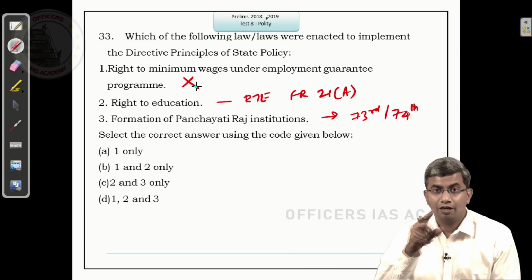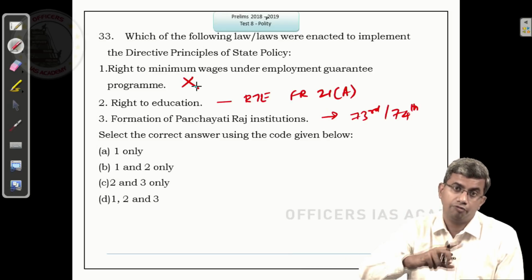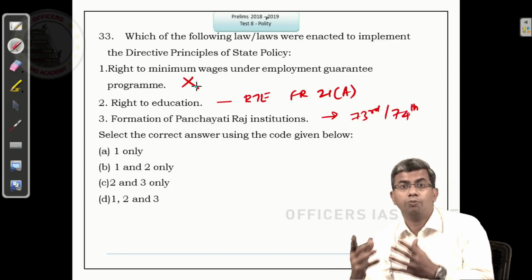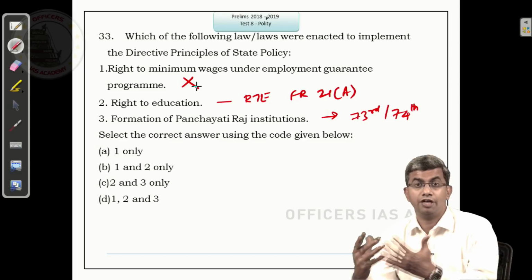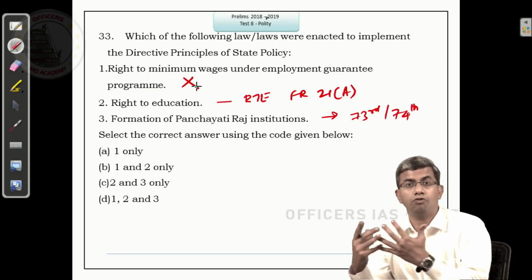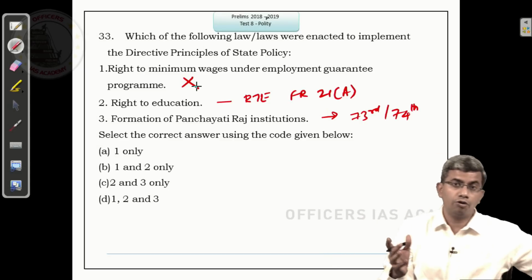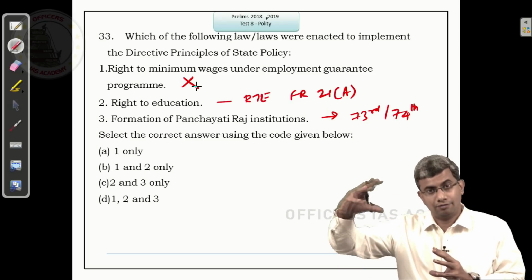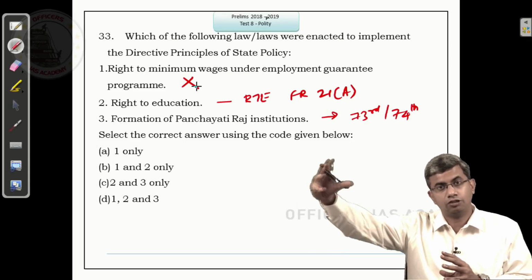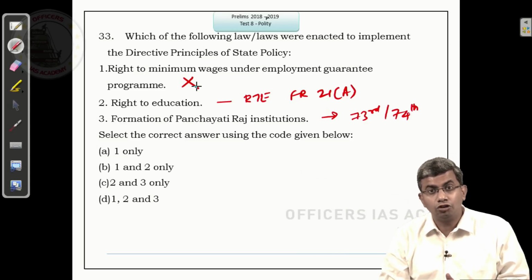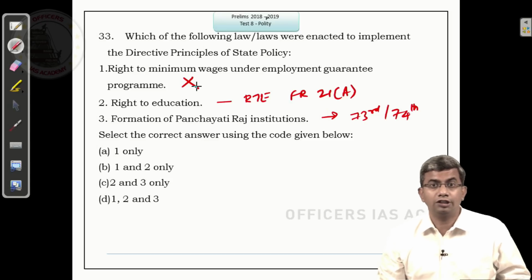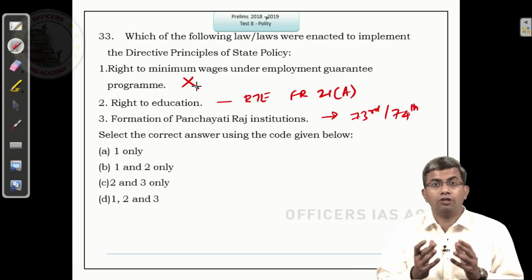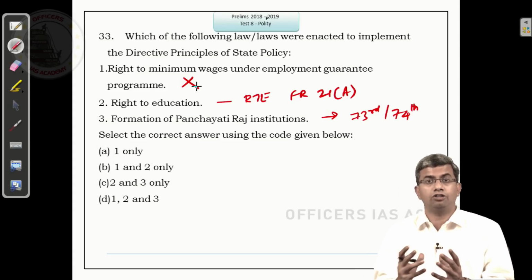But remember, right to education under Article 45, before it became a fundamental right, Article 45 of the Indian Constitution read, the state shall endeavour to provide education to children, free and compulsory education to children between the age of 6 and 14 years. That was what was made into a fundamental right, and the right to education flowed from the fundamental right now, but it is also linked to the directives as it stood earlier. Panchayat Raj institutions, Article 40 of the Indian Constitution says, the state shall endeavour to give powers to the Panchayat Raj institutions so that they can act as local self-government institutions.